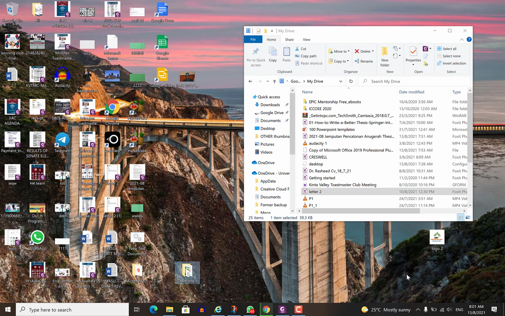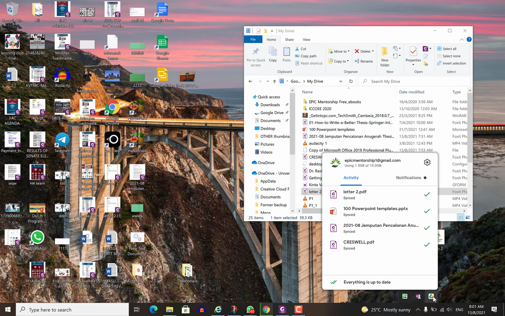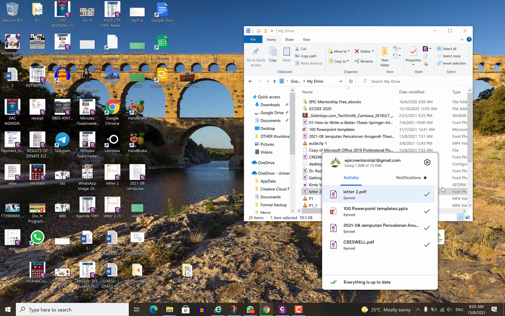It will be online. If you want to confirm that, you can come over to show hidden icons and click on it. You can come over to the drive here. Once you click on this drive, you will see that the letter we just uploaded has been synchronized and is available online. So all my files, the ones I want synchronized, are already synchronized here. If you want to add more files to your Google Drive, you can just drag and drop on this folder and it will synchronize it, or you can do the other methods.